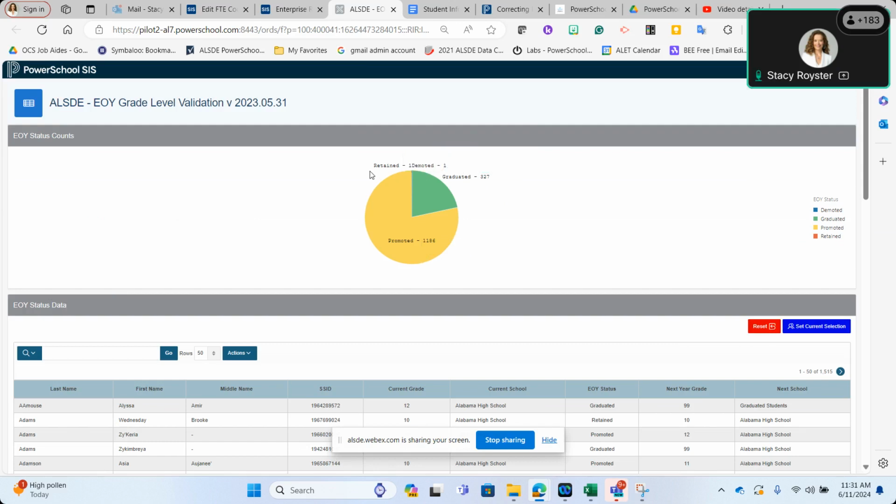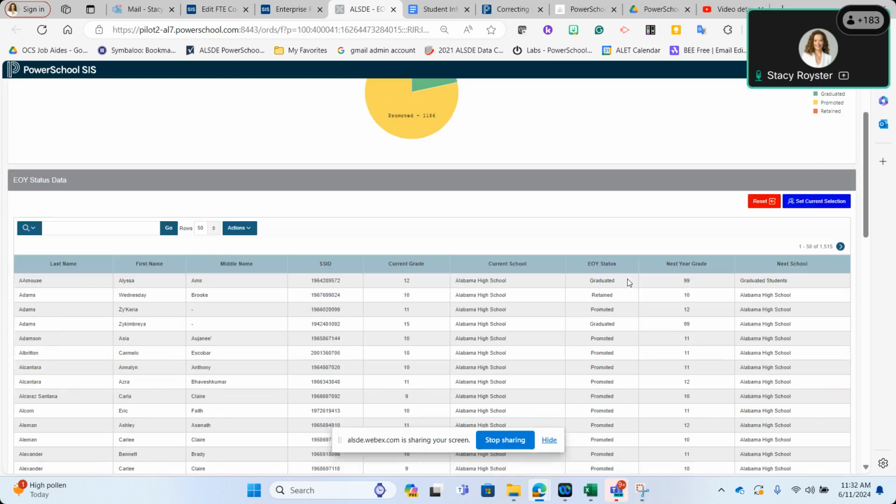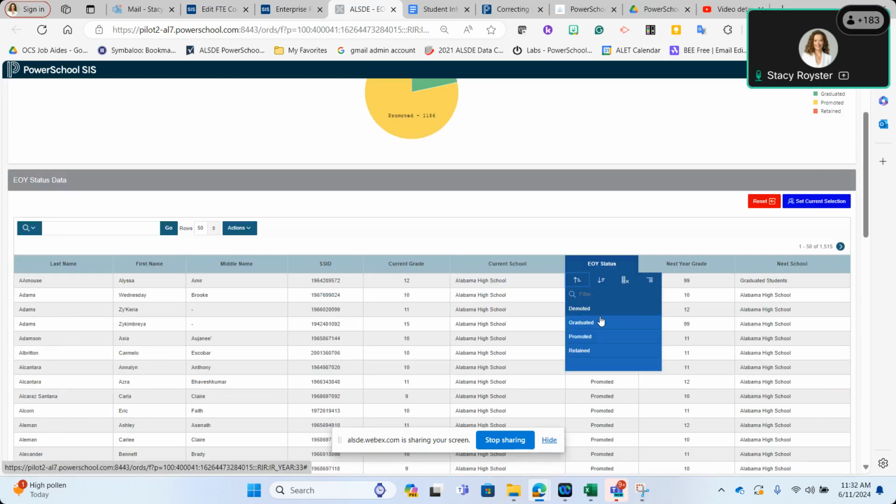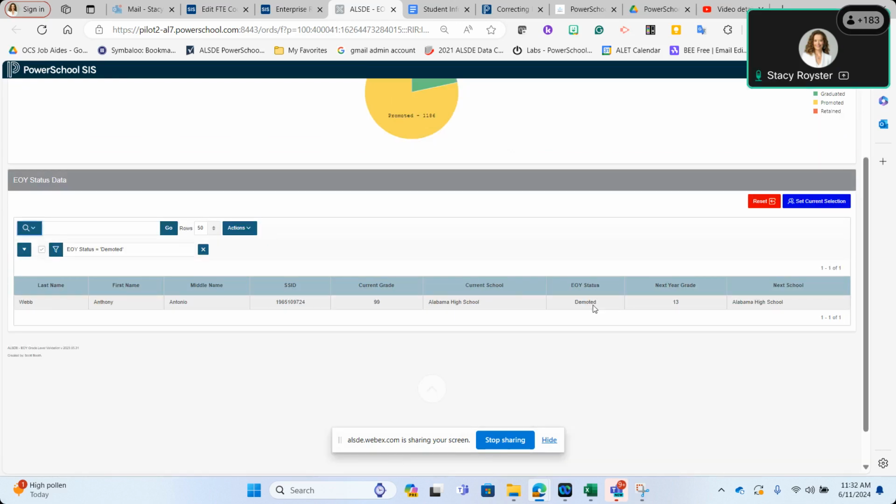And maybe I'm sitting here going, I shouldn't be demoting any kids. Who's being demoted? Somebody's not set up right. You can then come down here and look who has been marked to be demoted. And so I look and I got Mr. Webb right here. And if I look, it says his current grade is 99 and it says I'm moving him back to grade 13. Well, is that correct? Am I taking somebody who's graduated and restarting them over? No, that's not right. So we need to make sure that you look at all of those different items to see if you have anything